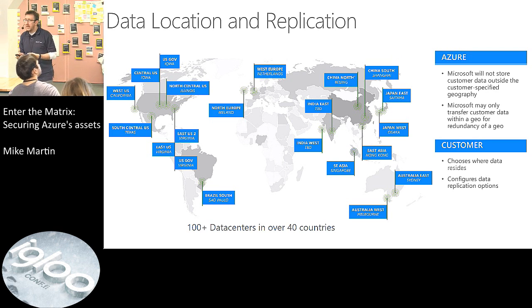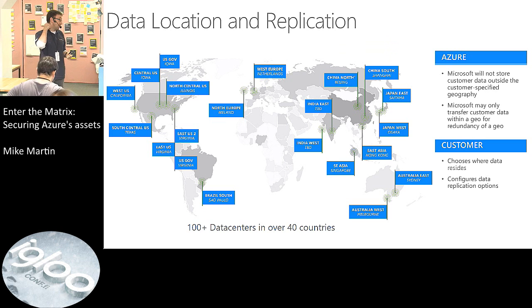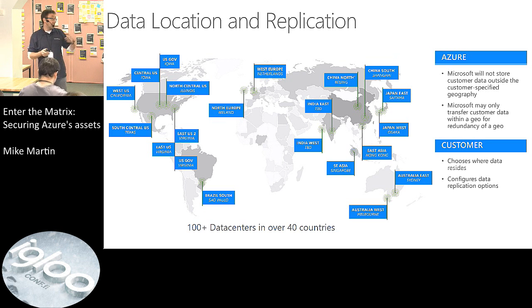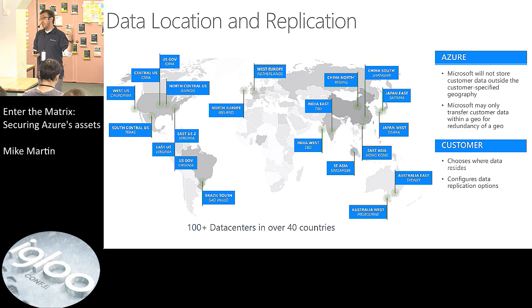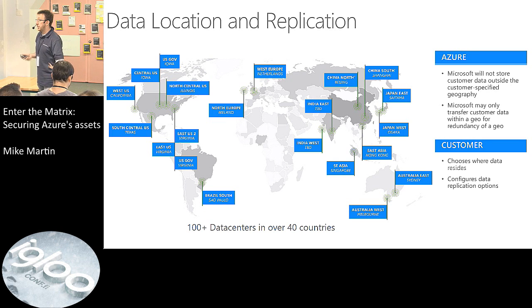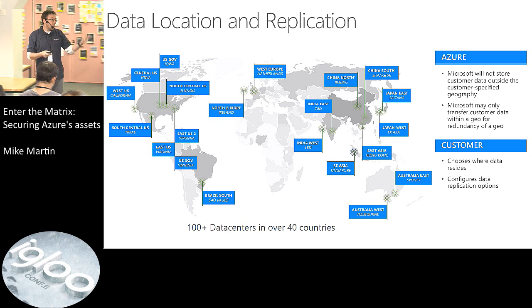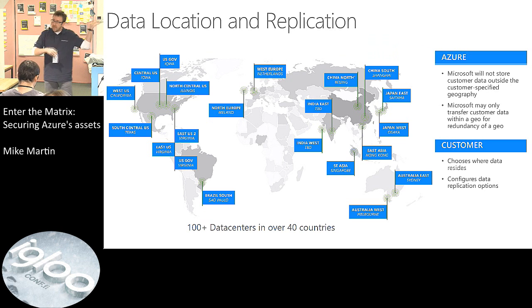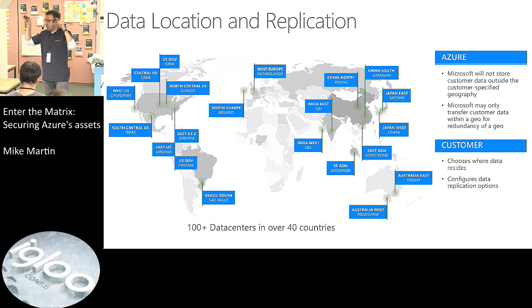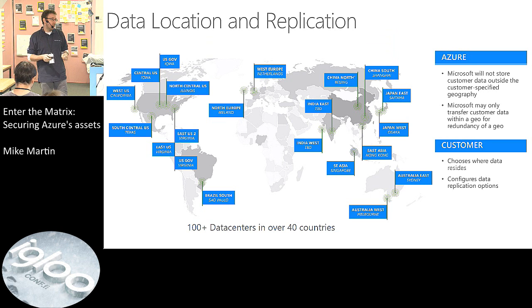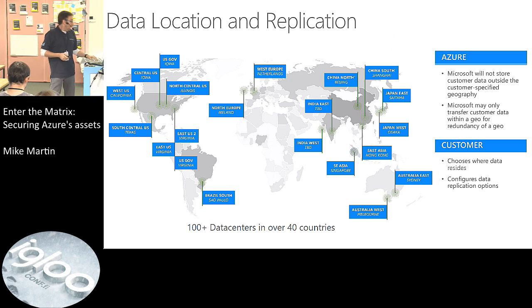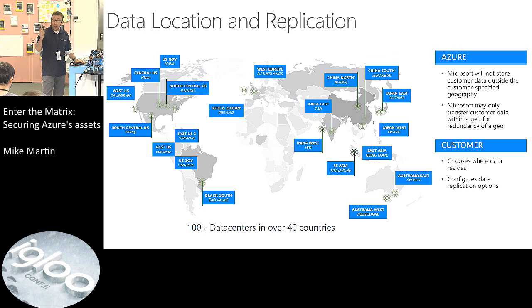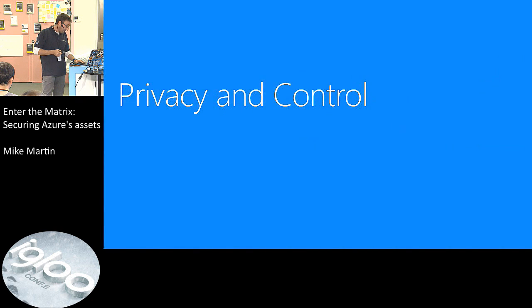And for those who don't know that, you can actually have 4 types of replication of storage. You have local, you have zone, you have geo, and geo read access, right, for those who do storage. Yeah? But you decide on where you want to replicate, just like SQL Server. SQL Server databases in Azure can also be replicated to a different region. But you decide on when and how, not Microsoft. Yeah? And they don't have access to your data.